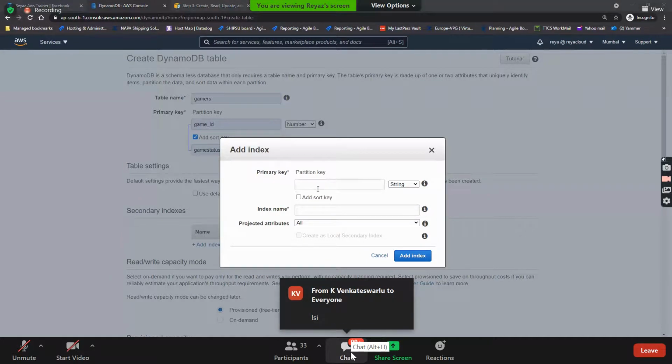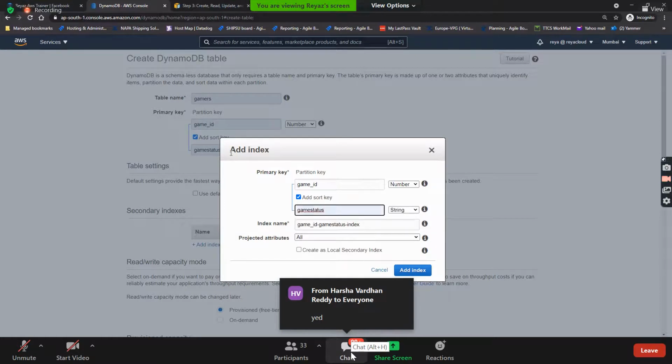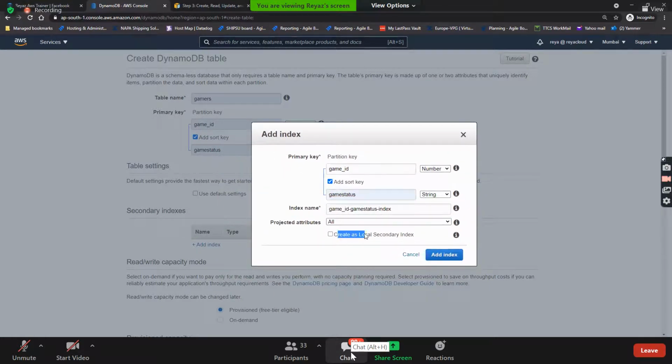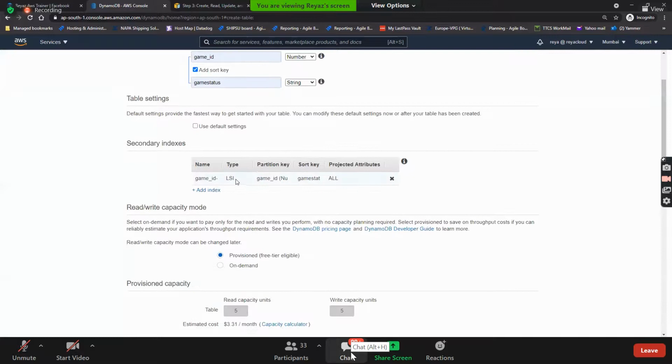LSI, right? So here for LSI, primary key is mandatory. What is the primary key that I have given here? Game underscore ID. And this is the number, right? And then we need to have a sort key, right? Sort key is the one which I have given here, game status. Do you see this? Once I have given the correct details, then only this is enabled. Let's say, for example, if I change the primary key to game I, see, it is now blocking it. So you cannot do so because primary key is mandatory. So here, this is how you create an LSI.